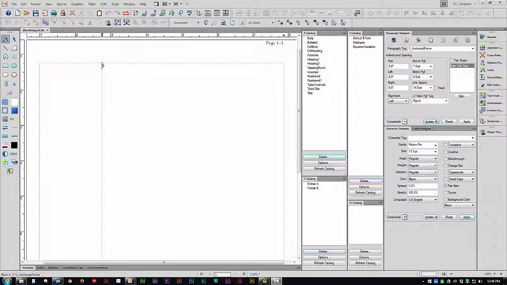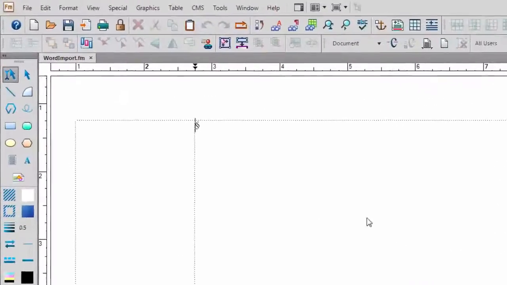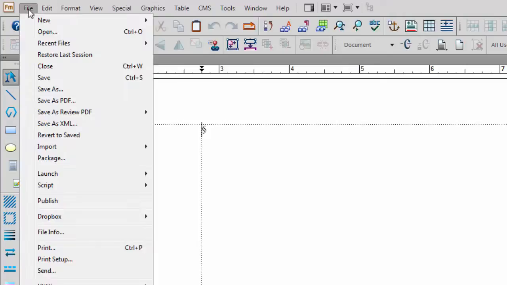In this lesson, we will learn how to import a Microsoft Word document into our FrameMaker file. Word is probably the most common format you will receive from other writers. So to begin, we will go up to the File menu in the upper left-hand corner, down to the Import